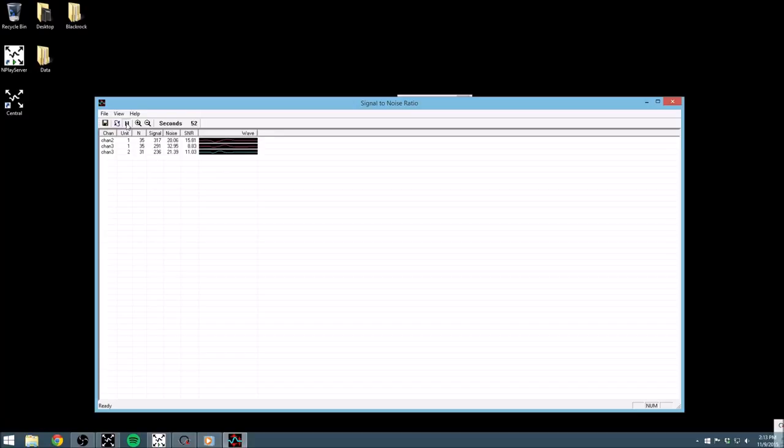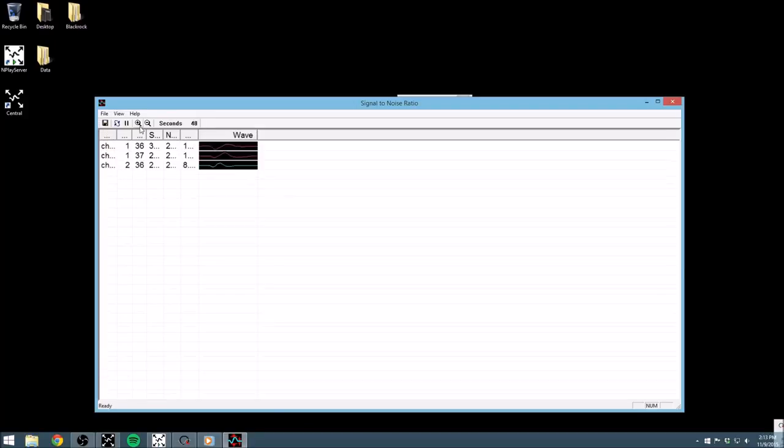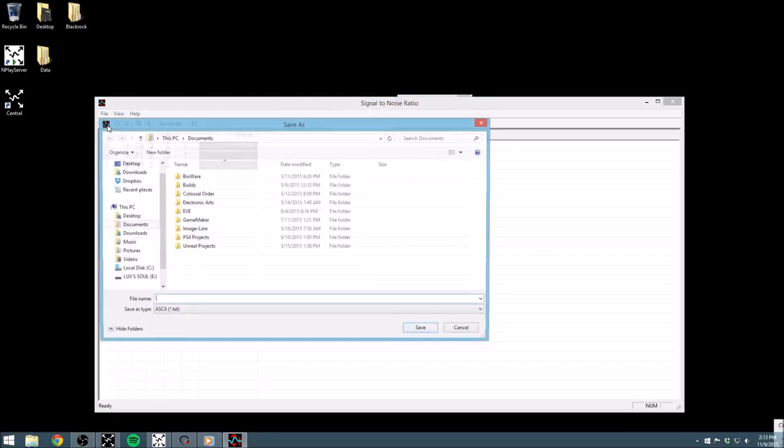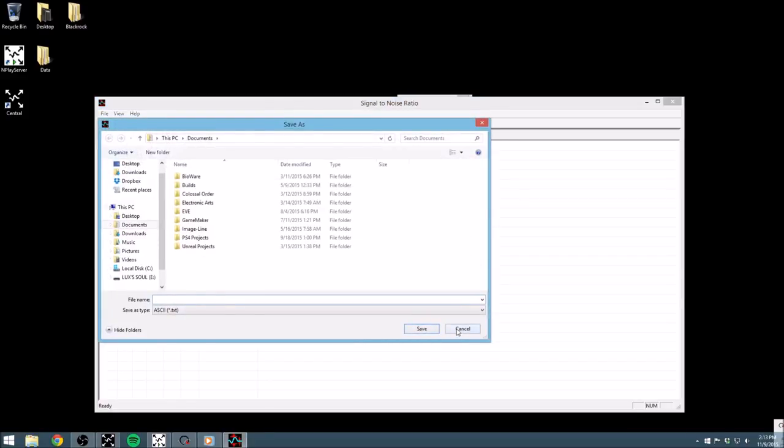The pause button will pause data collection as well as the countdown timer. When it resumes, it will continue collecting at the new point. The zoom functions, as you can expect, can be used to change the scale of the display. Finally, the save function will save a report on the SNR values for each unit in a text file, which